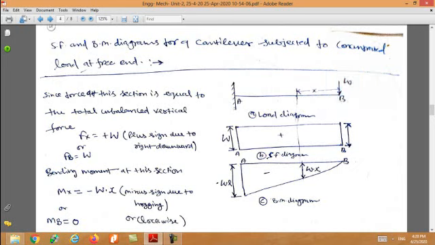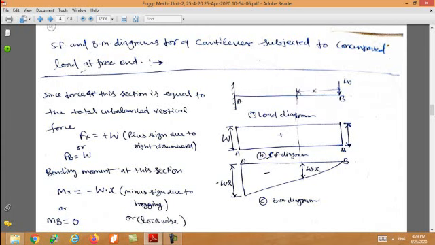So Fx is equal to W. Yes, Fb is equal to W. It means that at all sections of the beam the shear force is constant, because no other load is acting. So Fb is equal to W, and the bending moment at these sections is minus W into x. So at point x, minus W into x.